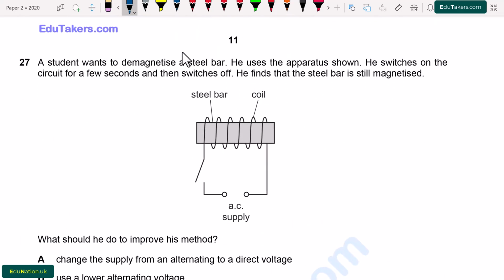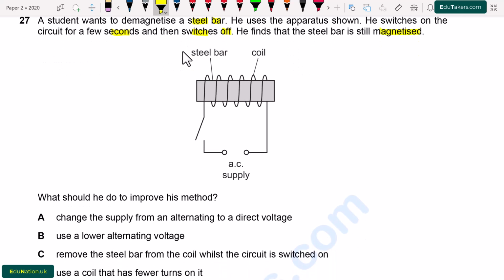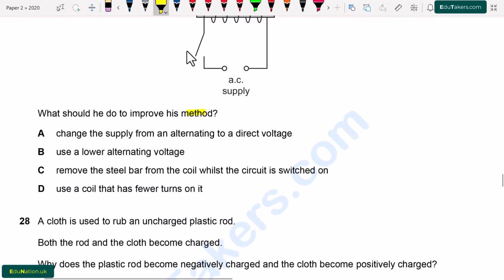Question number 27. A student wants to demagnetize a steel bar. He uses the apparatus shown. He switches on the circuit for a few seconds and then switches off. He finds that the steel bar is still magnetized. What should he do to improve his method? So actually he wants to completely demagnetize the steel bar. But when he switches off, there is still magnetization. How can he improve the